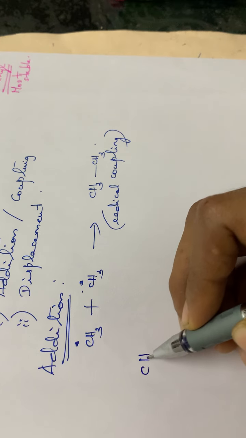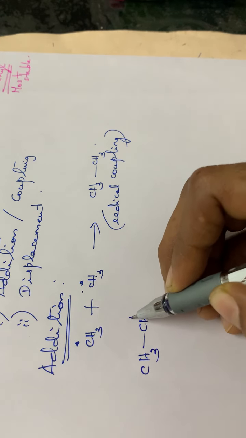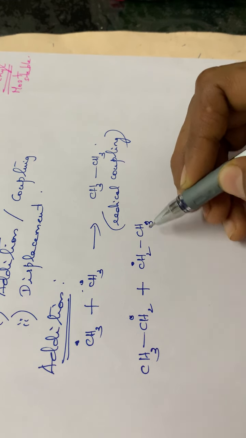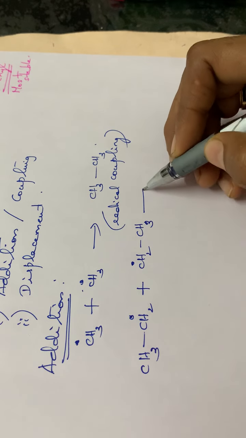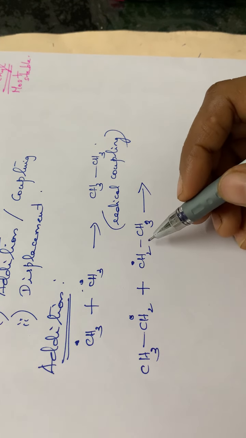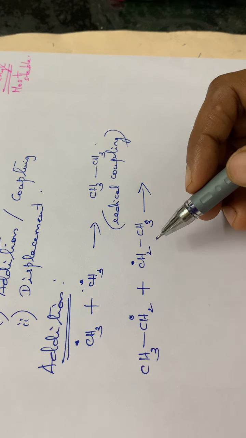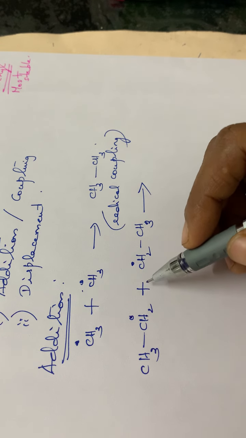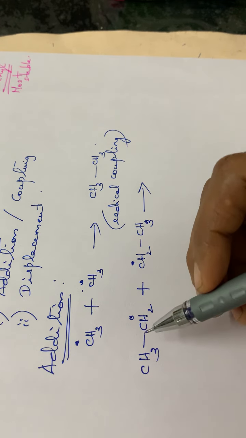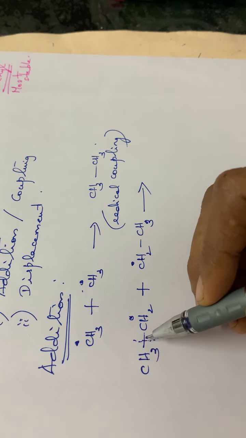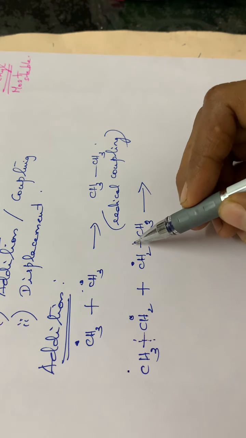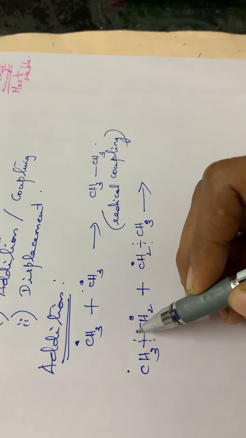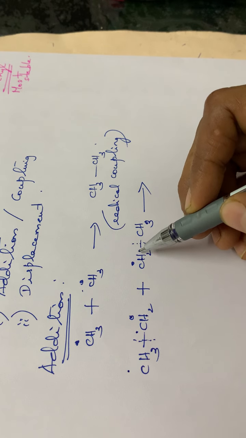And in the second case, it can be like this, CH3CH2 dot plus another molecule of CH2 dot CH3. That means two ethyl free radicals. Okay, so here a disproportionation takes place. That means this CH2 dot will be combining with this CH2 dot to form a double bond. Okay, and also at this point this bond breaks, and this CH3 will be getting one odd electron. Here also this bond breaks, and so here it will be having two electrons, isn't it? This carbon will be getting one more electron, and this carbon also will be having one more electron.